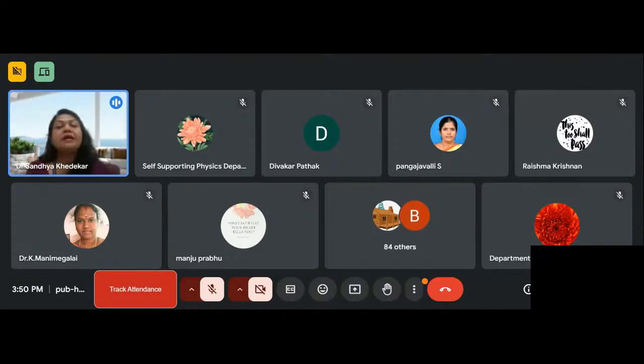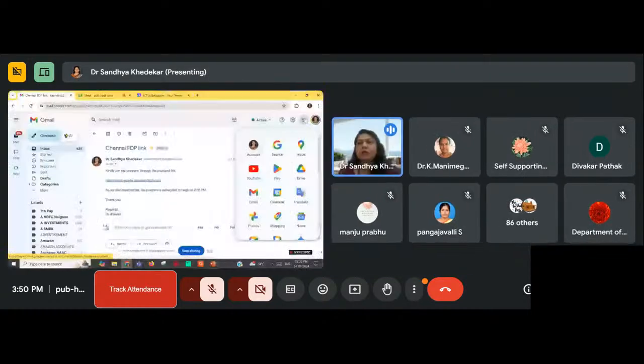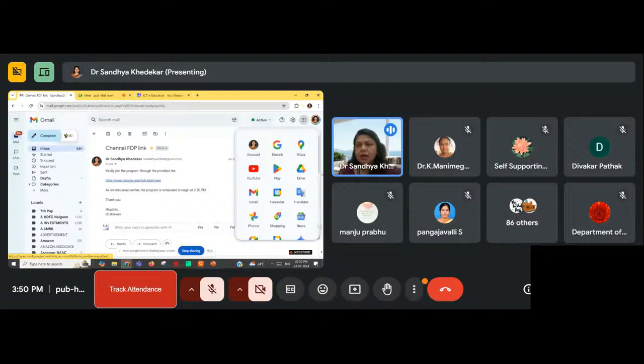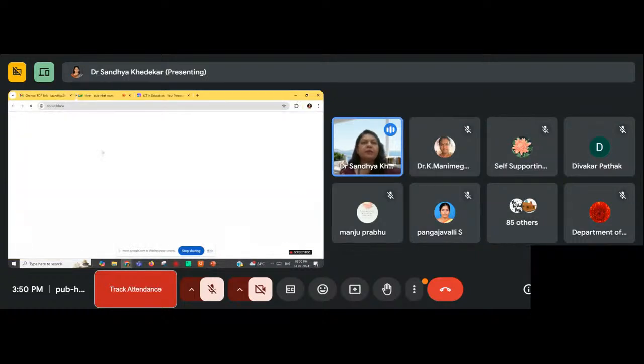At the same time, there are some free LMS also. So I'll show you an example of a free LMS, Google Classroom. You might be knowing it, but how efficiently we can use it for blended mode also. I'm sharing my screen with you all. Once you open your Google, there is an option on the right hand side which is called Google Classroom. Click on these 9 dots, scroll down, or you can just go to classroom.google.com, and this kind of green color classroom is available.